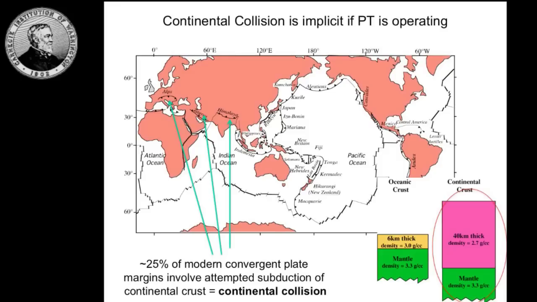About 25% of convergent plate margins today involve the attempted subduction of continental crust. And this completely upsets the density drive of the subduction zone, because the continental crust is more buoyant. It's a much larger part of the downgoing lithosphere. It's often associated with buoyant upper mantle, as in the case of the Indian Craton. And so when continental crust gets in a subduction zone,